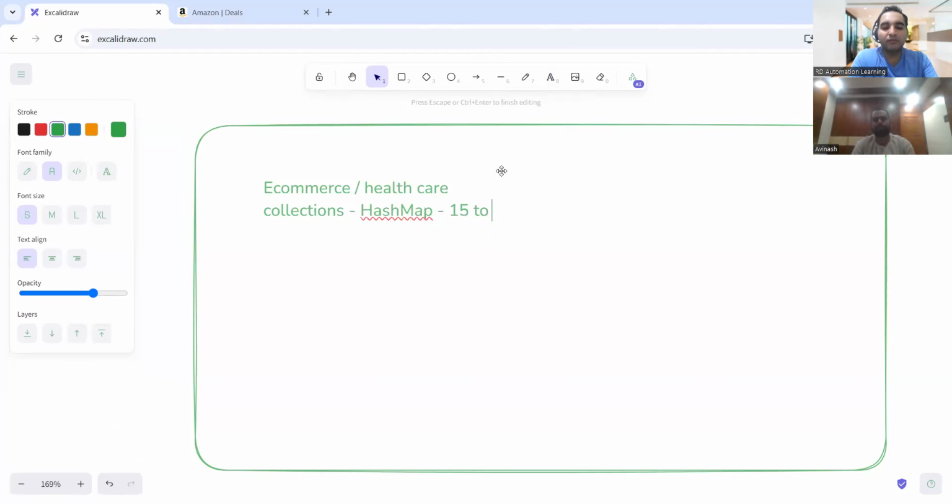Say 15 to 20 products, right? And how will you get this products list? From your product owners, because they'll be telling you that for the next 2 or 3 months you'll be having this much amount of products in the deals. So get this detail from the PO or from the dev team, right? So collections you'll define, or else you can also create a config.properties file in which you can create this